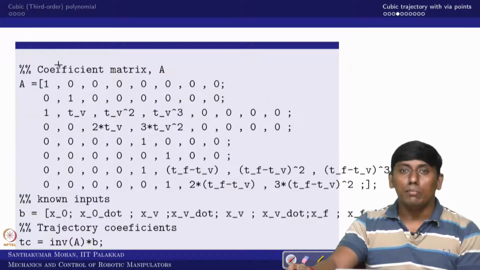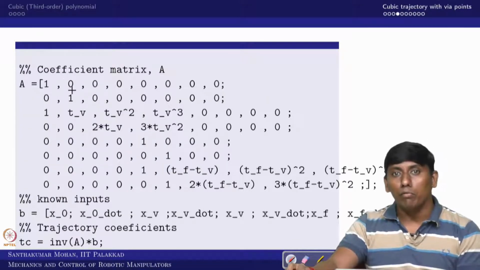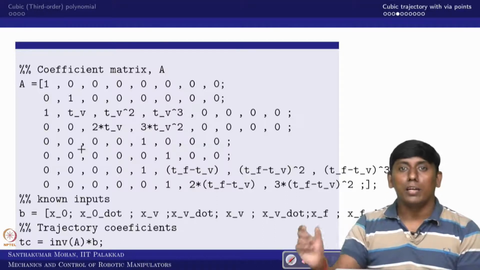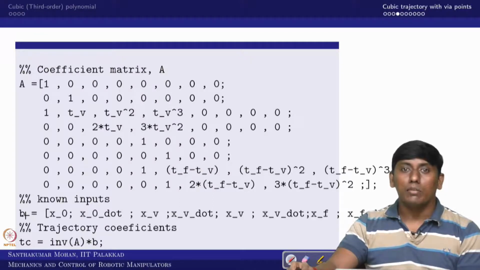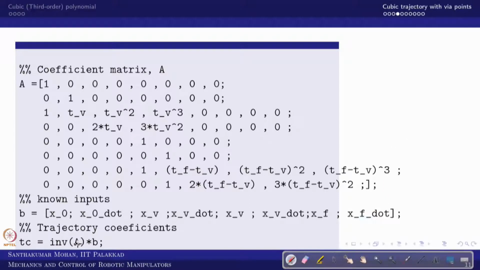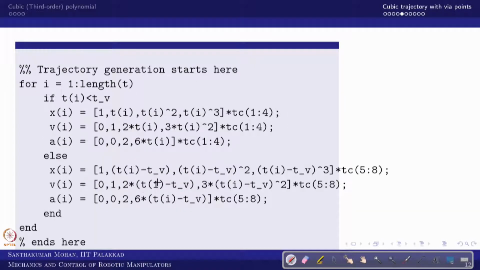And then the coefficient matrix. Earlier we have seen it is only 4 cross 4, but in this case I am trying to make everything in a single system. So it is going to be 8 cross 8. Further, the B vector would again be 8 cross 1. So that we have added, and we are calculating the coefficients. Now the first 4 coefficients would be equivalent to the first segment. The 5th term to 8th term would be related to the second segment. So that is what you can see.